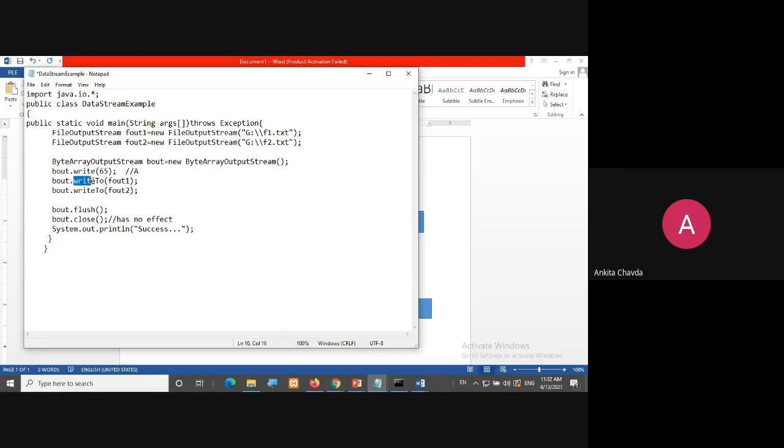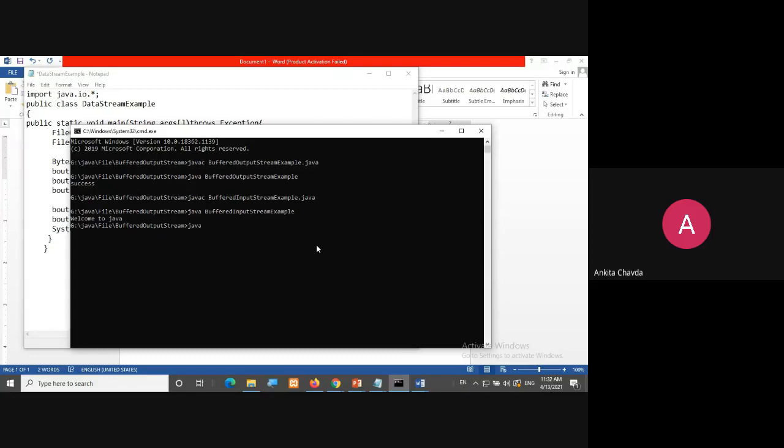So I am using the method writeTo, which is very important. So bout.writeTo, and I'm writing fout1 and fout2. So the same data 65 will be written to both the files, and I'll flush and close it. Fine.